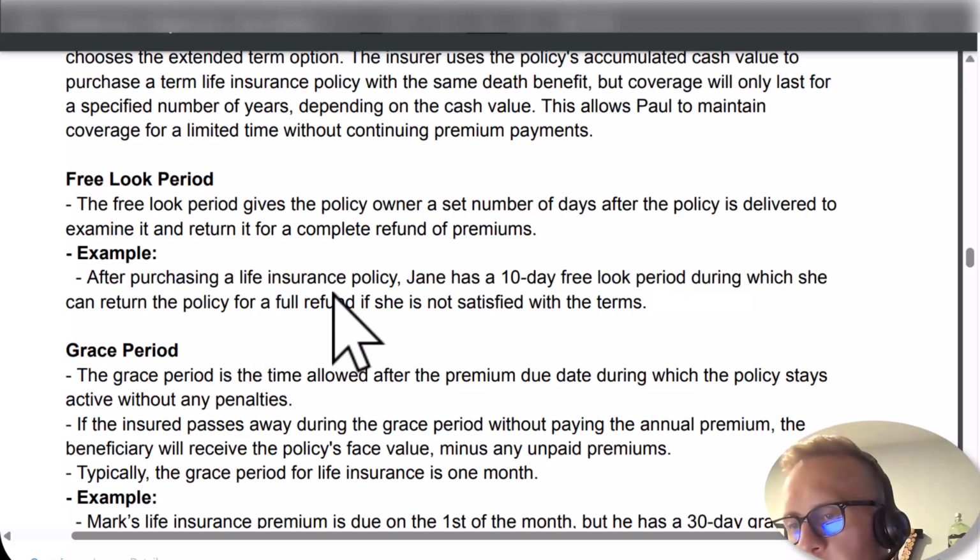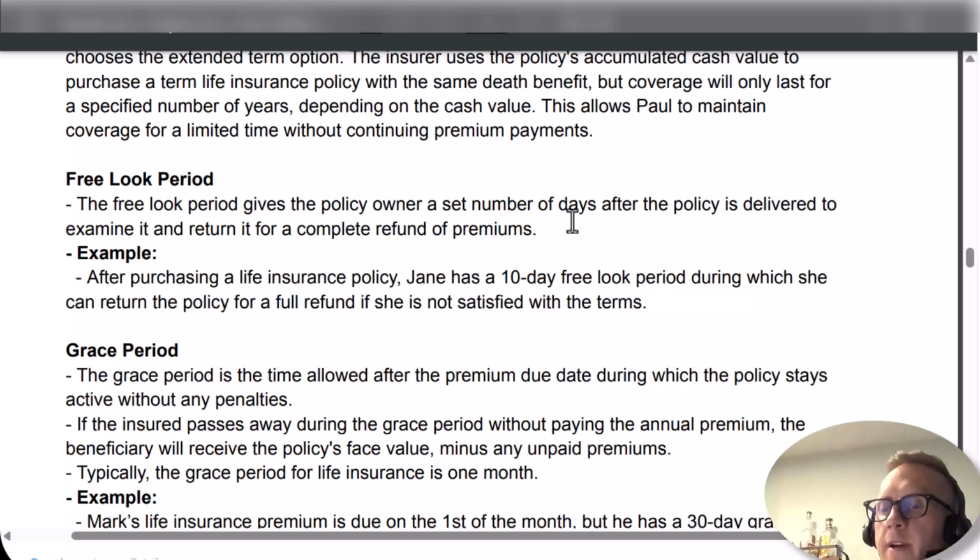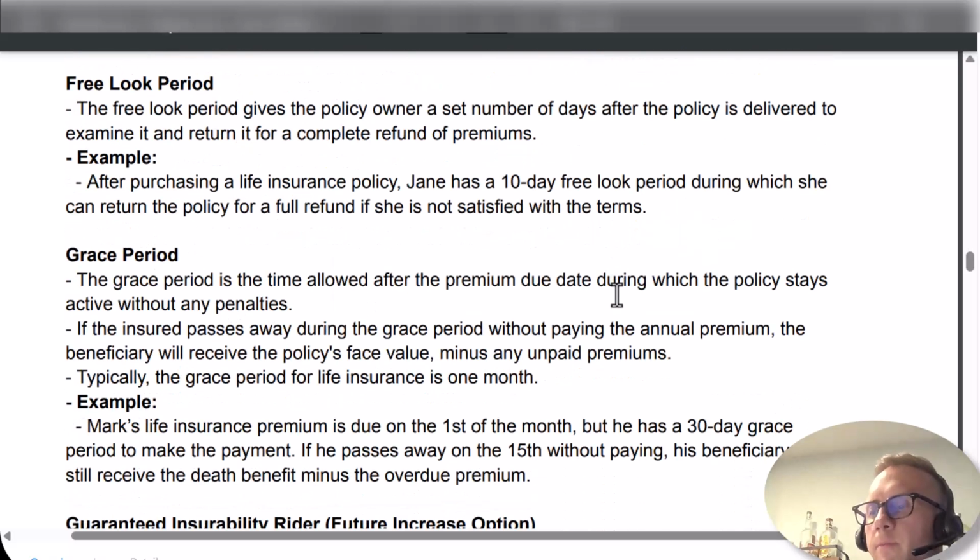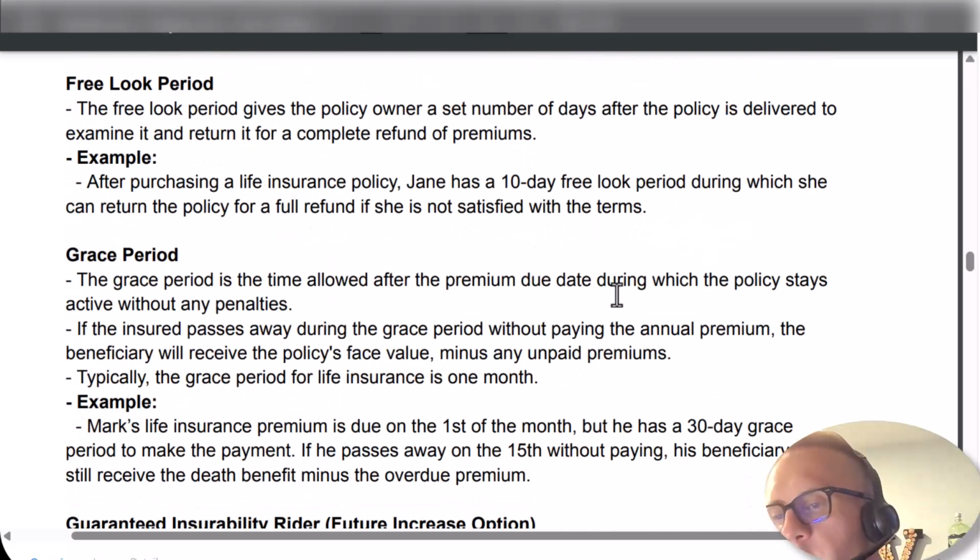All right. Next, grace period. The grace period is the time allowed after the premium due date during which the policy stays active without any penalties. If the insured passes away during the grace period without paying the annual premium,